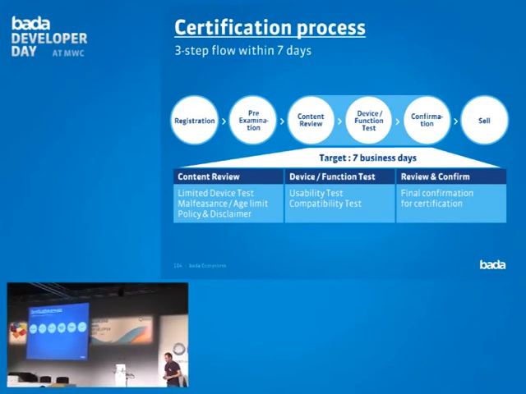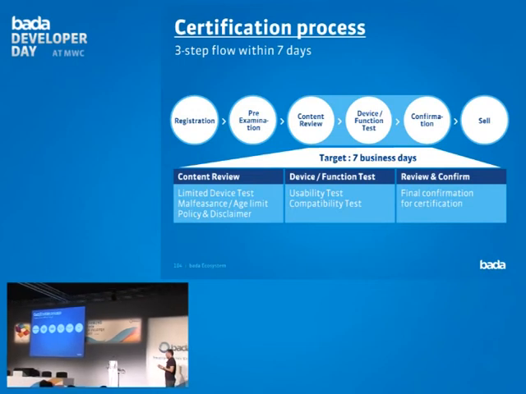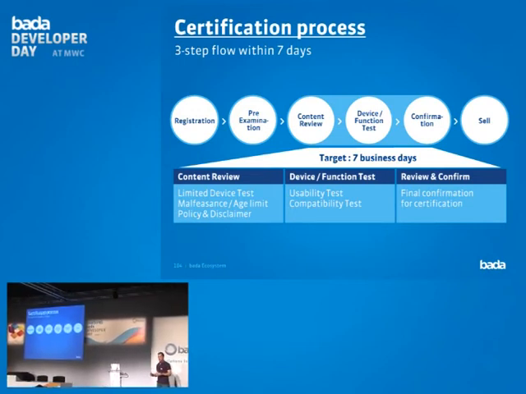Our certification process basically covers 6 steps. That is our way in Bada to guarantee a certain level of quality. So we basically start with taking your application, register it on the Samsung Apps website. Then what happens is some pre-examination, and now this is the really tricky and important part, which is quite